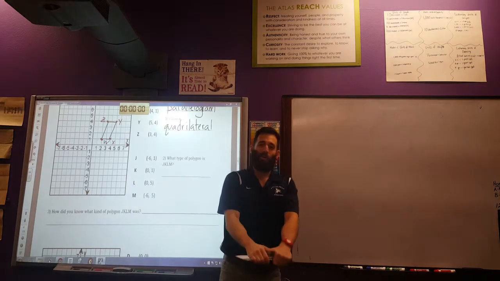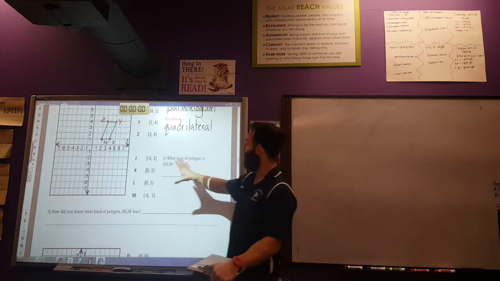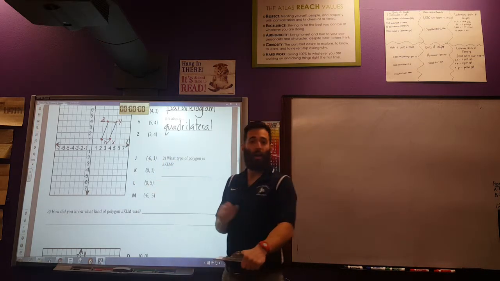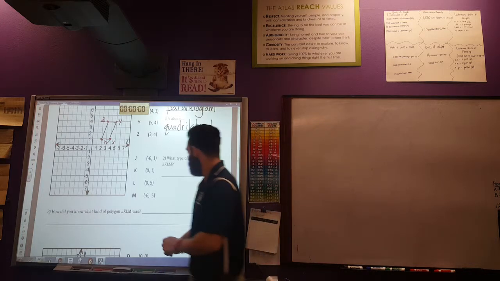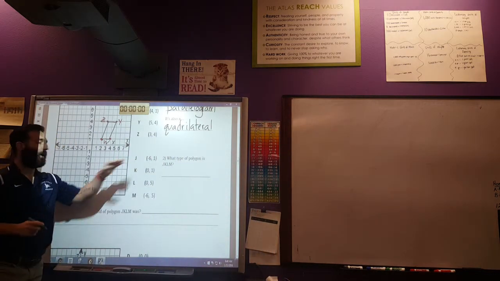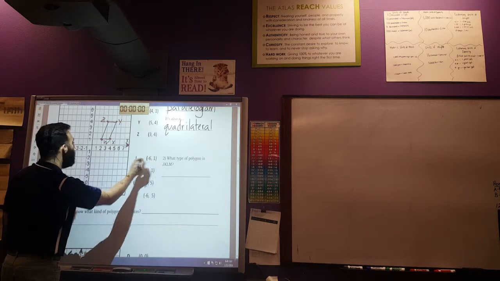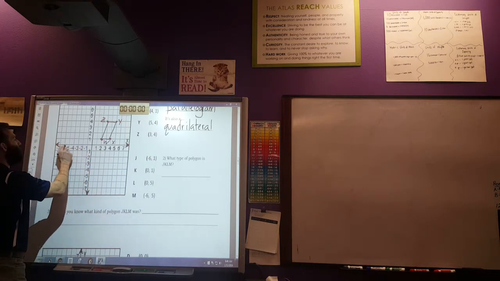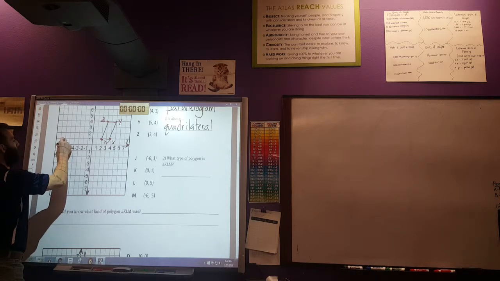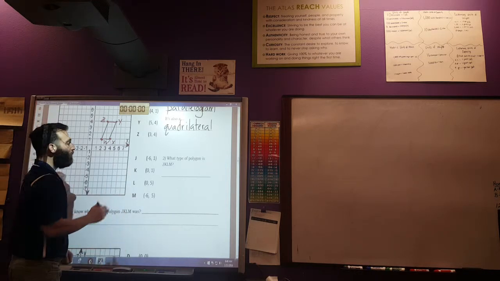All right, if that wasn't enough time, go ahead and pause the video now until you can finish plotting J, K, L, and M. First thing I'm going to do is plot my point J. I know that I'm running before I'm jumping, so I need to run backwards, 1, 2, 3, 4, 5, 6, and jump 1. My second one, point K,